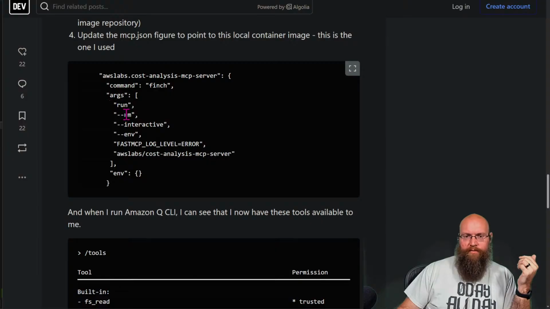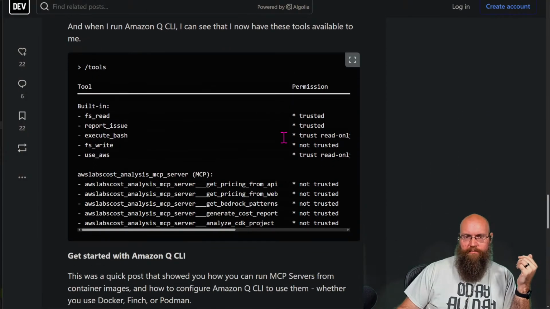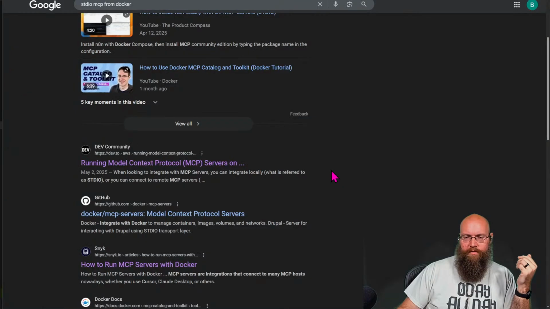And this is very similar to, it looks like a container that we're running there. So weird.